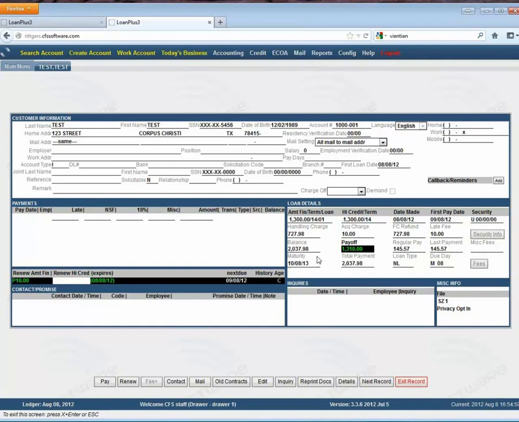This is the loan information area, and of course the $1,300 amount financed at 14 months. The 01 here just indicates that this is their first loan on this amount financed and term, and it will change if you change the amount financed or the term, so you can keep up with it. The high credit is set at the amount financed, and the term is set at that. The date the loan was made, when they're going to first be paying, if it's secure or not secure,